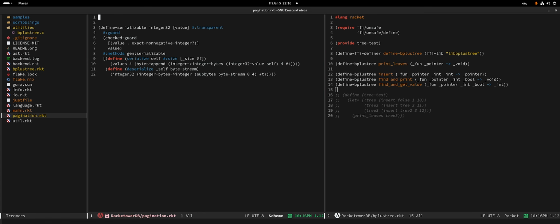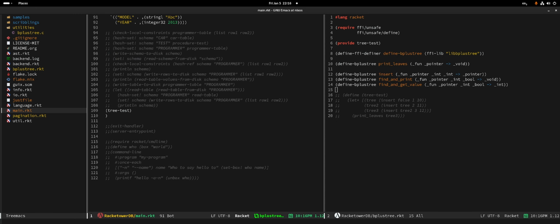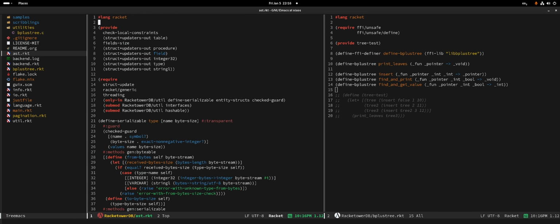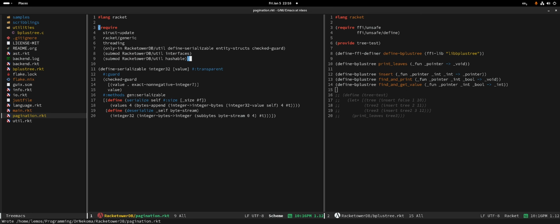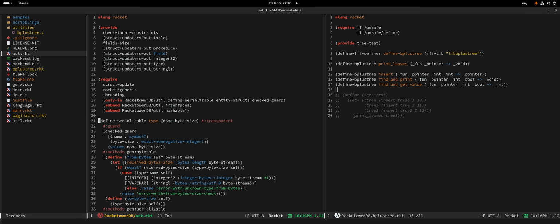Okay, so let's put lang racket in here. So what else do we need actually? It's been a long time since I did this from the ground up stuff. What do I need to make the structs and stuff like that? Oh, we are using struct-update for some reason. We have racket/generic as well, threading, and racket/generic, which for some random Racket reason is not in the base.